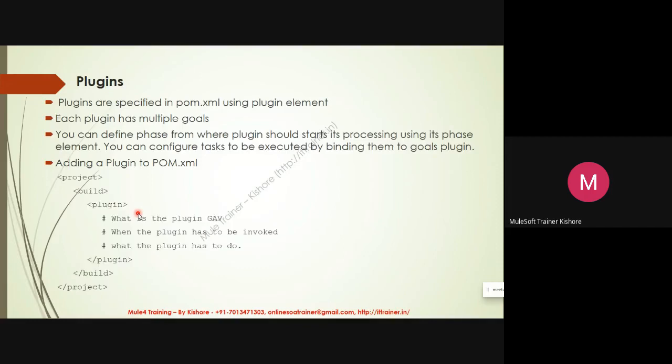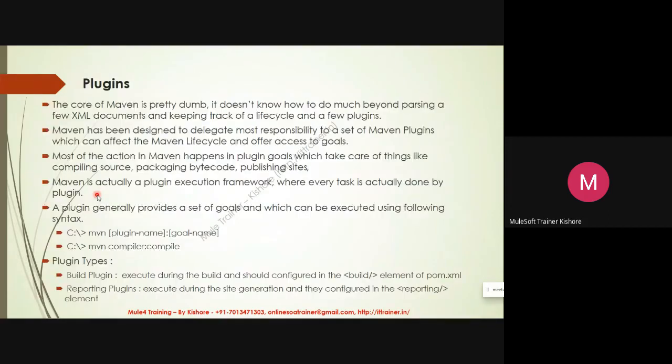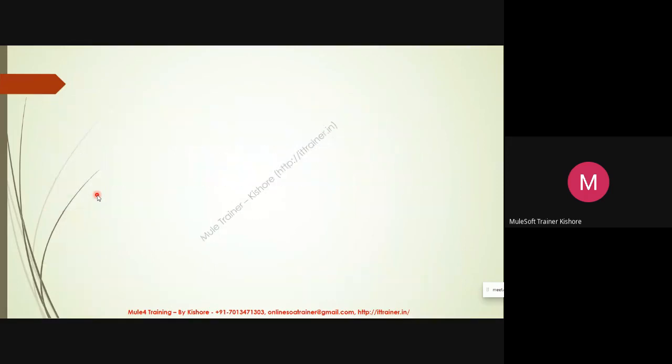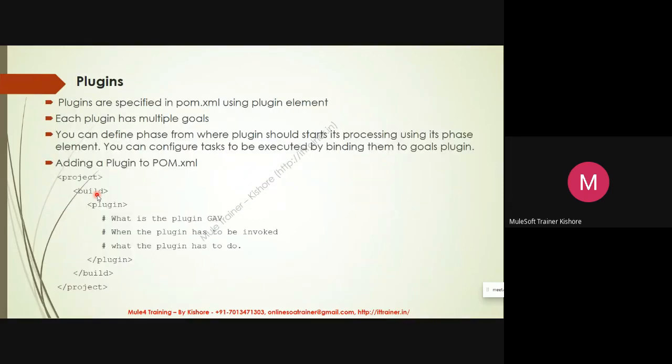When you want to use a plugin, first of all, in the project build element. We talked about two types of plugins, build and reporting plugin, and we are talking about the build plugin. The build element is part of project, the first element in pom.xml, and inside build you are using a plugin. When you are using a plugin, you have to provide the plugin GAV: group, artifact, and version.